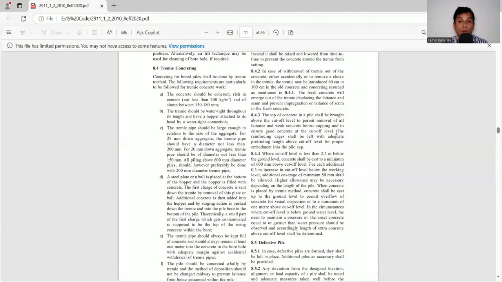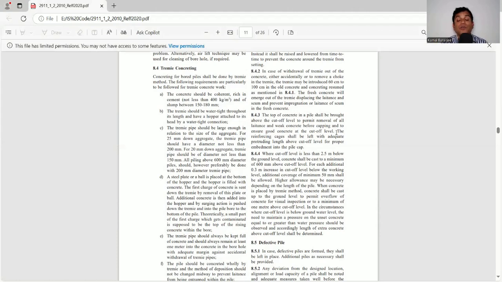Now, we have the cut-off level. It's a normal practice that from cut-off level, we make 1 meter extra concrete. Why? The first concrete where we discharge is all mixed with the mud and everything present inside the bore, and when it comes out, that is not sound concrete. That is no use. It will not give the strength that was our requirement. So it is always advisable that we do the concrete more than 1 meter from the cut-off level,